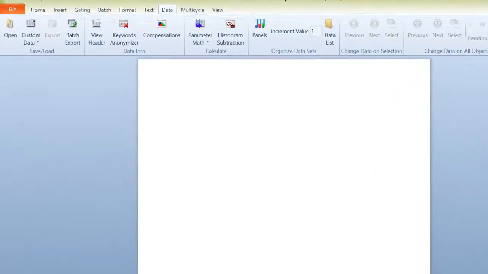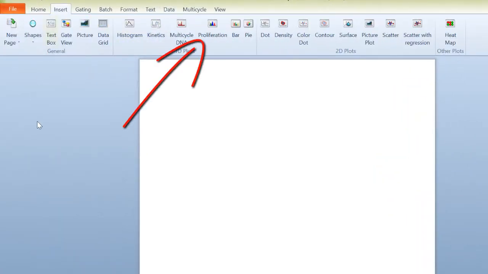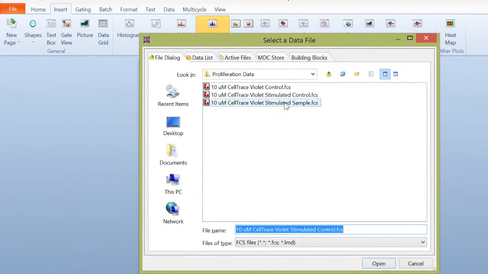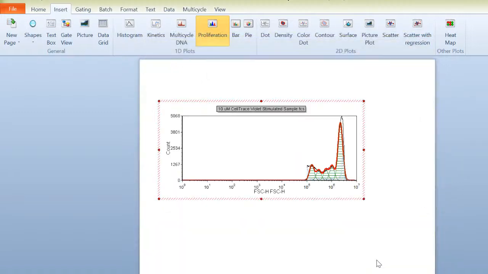To insert a proliferation plot, click on the Insert tab, 1D Plots, Proliferation. Then click on the layout or draw an object just like you would do in PowerPoint. If you're already working with the data file in your layout, the plot will appear. Or if needed, navigate to the location of the file on your PC and select it to open the data